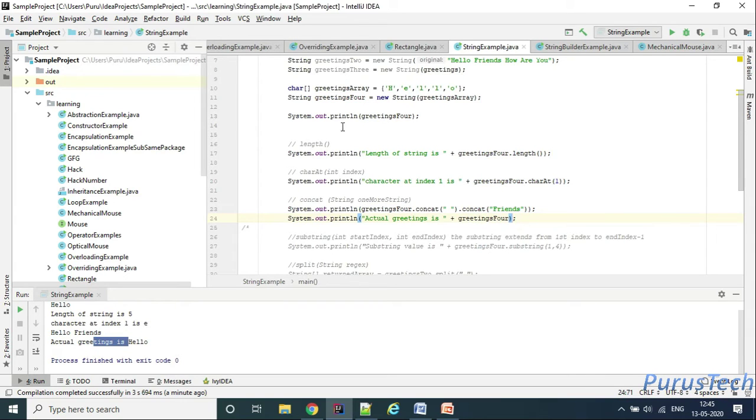Once you have defined a value for the string, you cannot alter the content of the string by applying any of the methods defined in the string, or you cannot alter it at all. So string is an immutable object. Just remember, string is an immutable object.